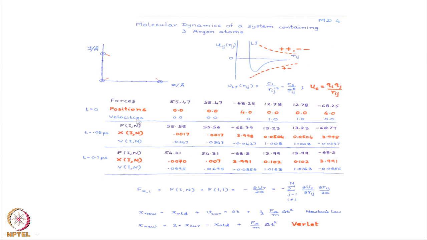So, you will see that I have printed the forces now. On the first particle, it is 55, 55, second particle minus 55, 12, third one 12 and minus. That is, on the first particle, both the x and y components are in this direction. Whereas, on the second particle, the force on the x component is negative and the y component is positive. Whereas, for the third particle, the x component is positive and the y component is negative. See this arrow, this is the direction of the force.